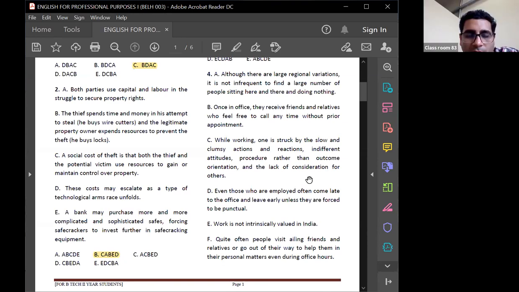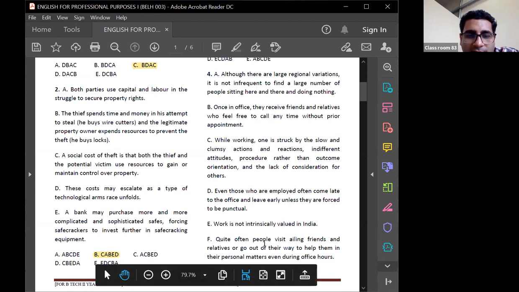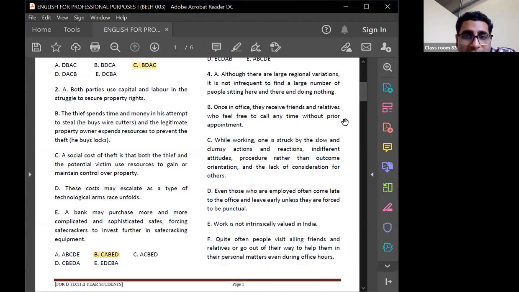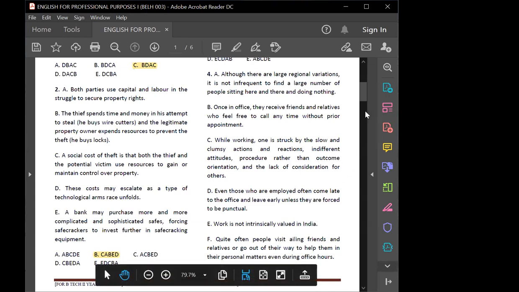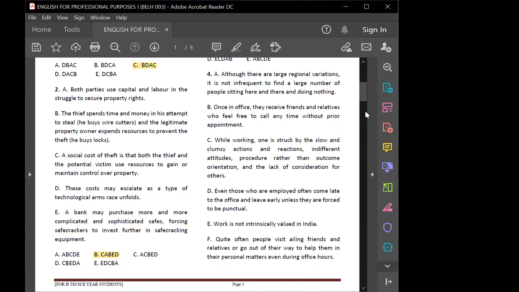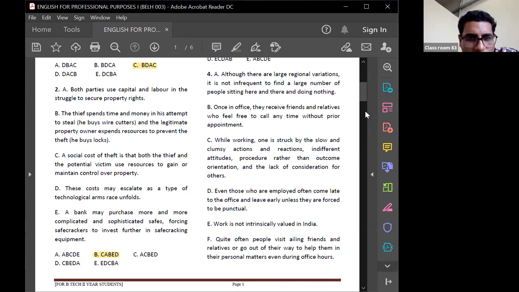Yeah, that's true. So what do you think? F should be the last sentence, or does F have the potential to be the last sentence? Or is there any other sentence which talks about something in general? I mean, something concluding everything we have discussed. Read and then E, A, D. Yeah, E, A, D. Then if I put B and then F and then C. So do you think C could be the final sentence? Last sentence.